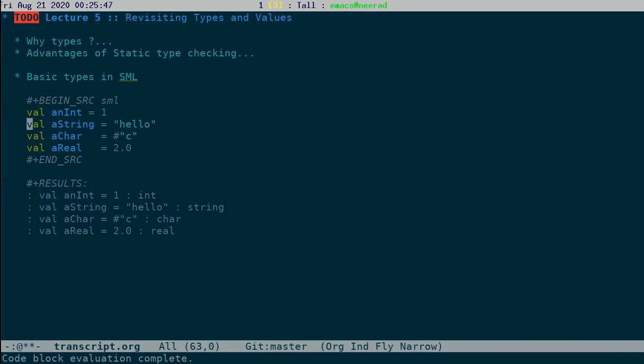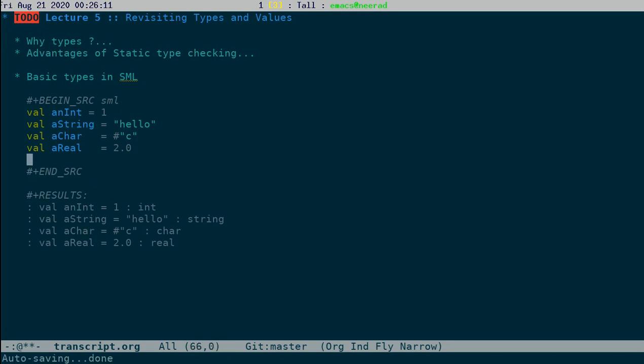So we see that we have created a value of type int and bound it to this variable. Similarly, we have created a value of type string. We have created a value of type character. We created a real value.